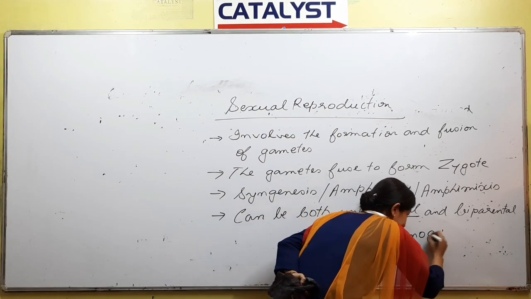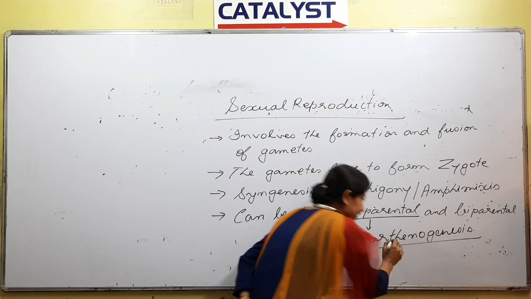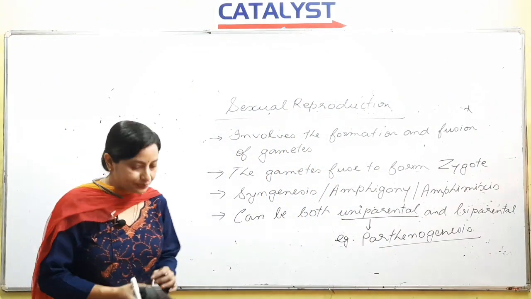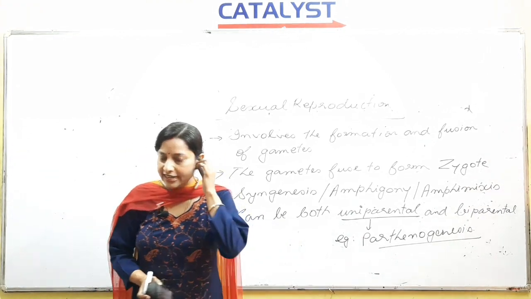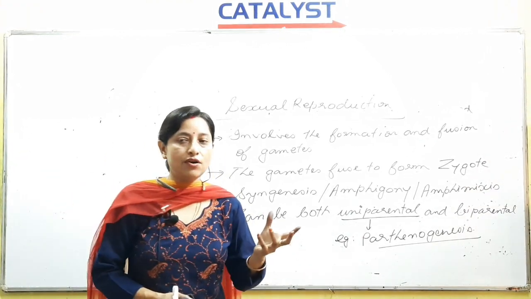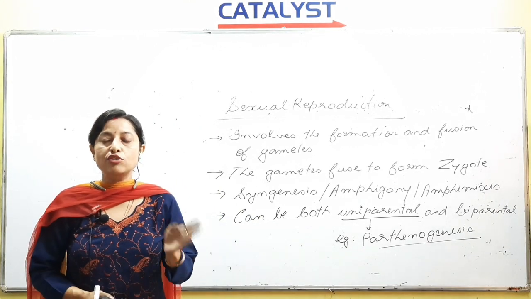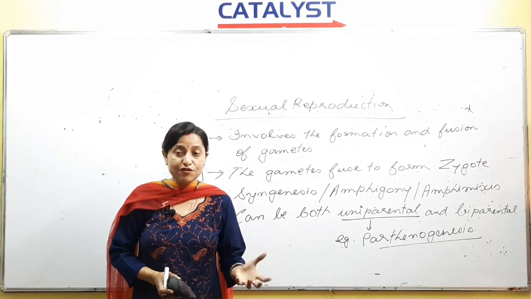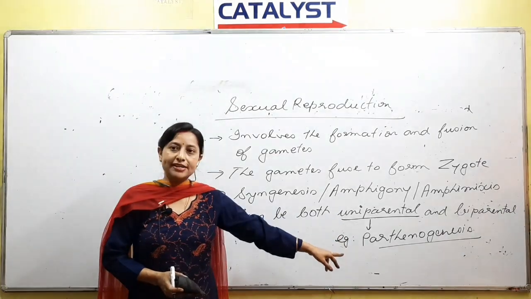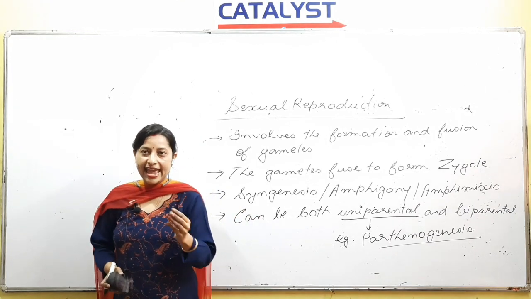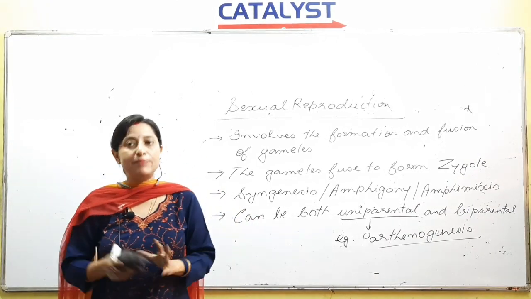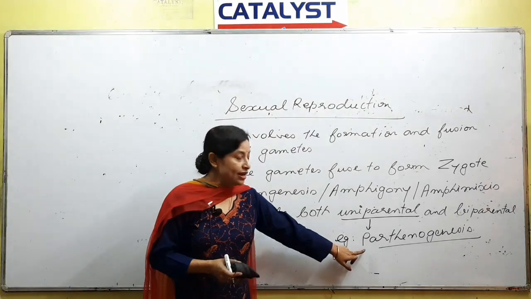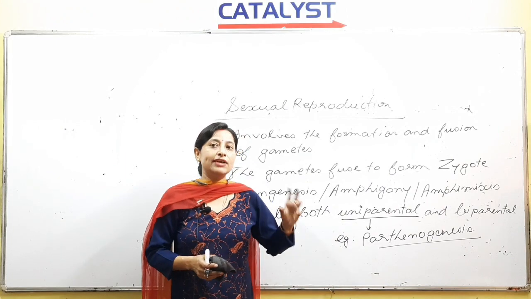Parthenogenesis. Have you heard about parthenogenesis? It is a process in which the egg transforms into the embryo without being fertilized. Without fertilization, if the egg can form an organism, we call that parthenogenesis. Normally, the egg or the female gamete fuses with the male gamete and then only the organism, or the zygote, is formed. But here, if the egg alone can form an organism or produce a zygote,